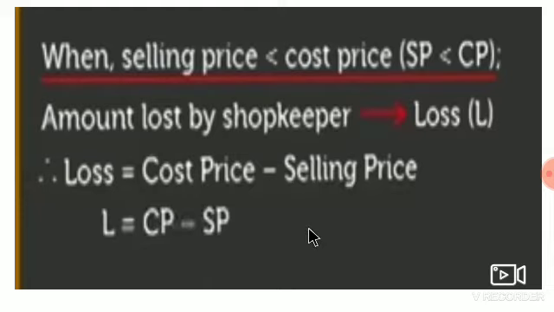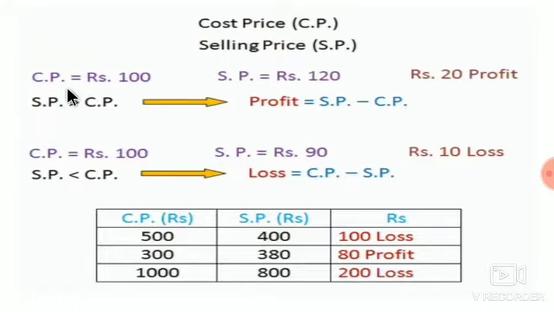In the same way there is a formula for the loss. When selling price is less than the cost price, the amount lost by the shopkeeper is the loss, and the formula of loss is cost price minus selling price, and loss is denoted by the letter L. So L = CP - SP. Here if the CP is 100 and SP is 120, the profit is 20 rupees. So every time you have to write first CP and SP from the given example, then decide which one is greater, SP or CP. Then you can find out the formula